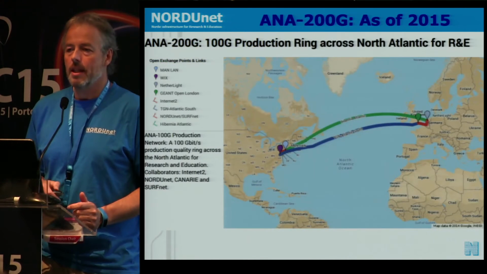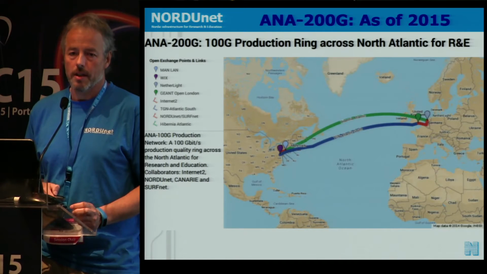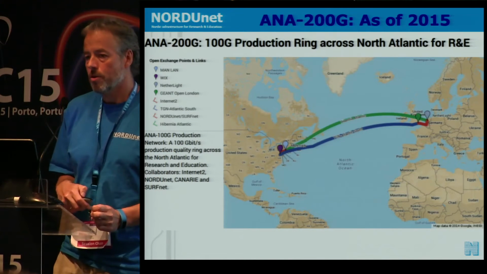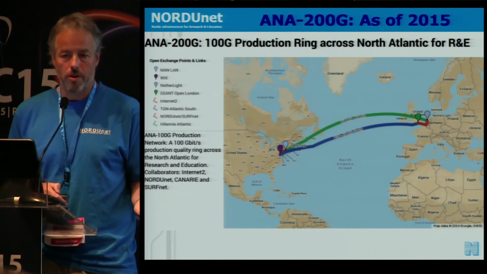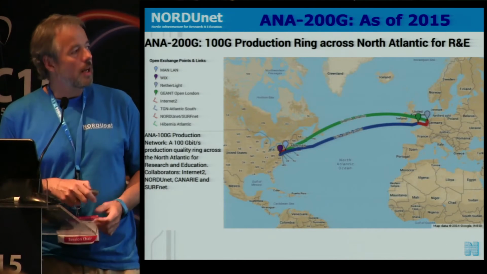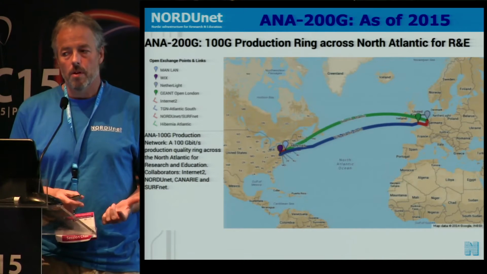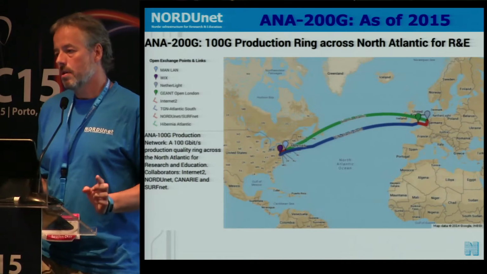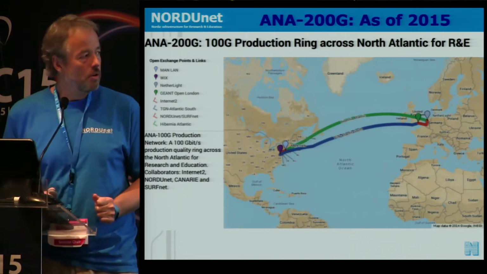And basically this has led to ANA 200 gig. And this time, of course, a ring, because we wanted to run production over this. And this is what is out there now: a 100 gig production ring, two independently routed 100 gig paths across the North Atlantic Ocean,